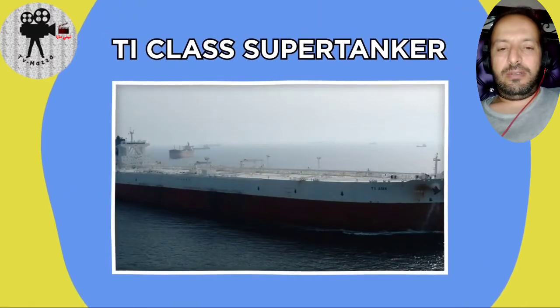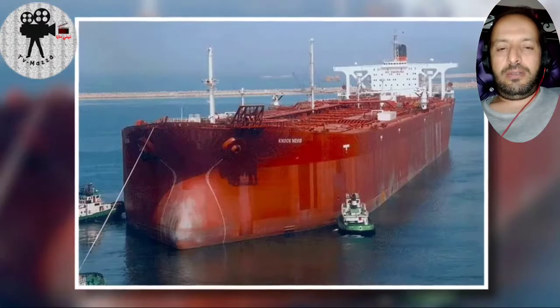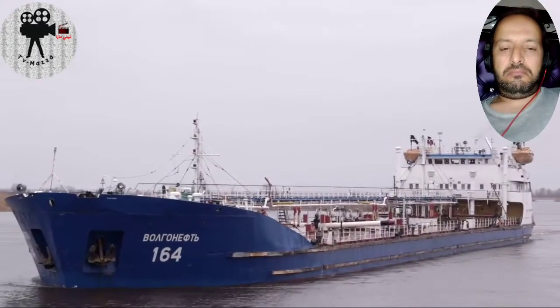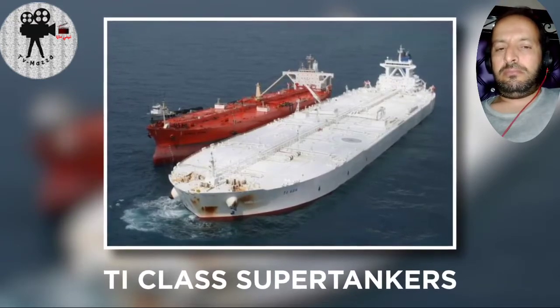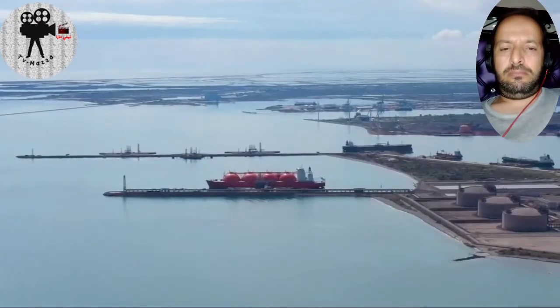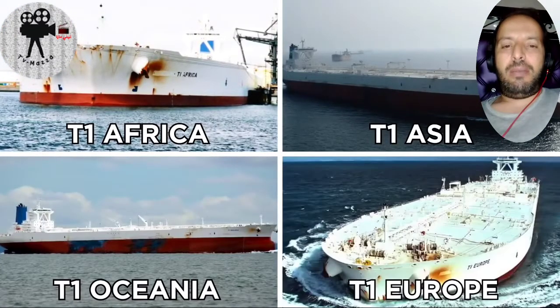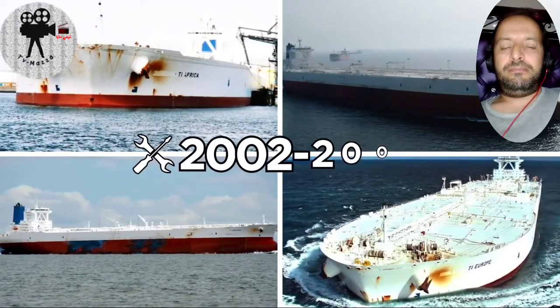T1 class supertanker. Over the decades, most of the biggest ships in the world have been mammoth-sized oil tankers. But the largest of them still in operation are the T1 class supertankers. This class of seriously big tankers consists of 4 mega machines named T1 Africa, T1 Asia, T1 Oceania, and T1 Europe. Built around 2002 and 2003, they each have a gross tonnage of